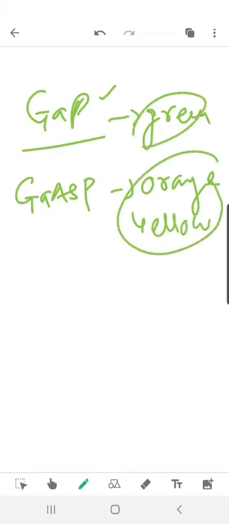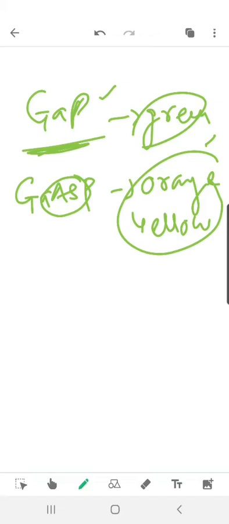So the type of dopant: here we just have a gallium phosphide LED which is emitting green color, but by adding arsenic to the LED, we have changed the color to orange or yellow. Fine. Hence the emission of our LED will also depend upon the type of dopant. Finally, when we talk about the concentration of dopant,